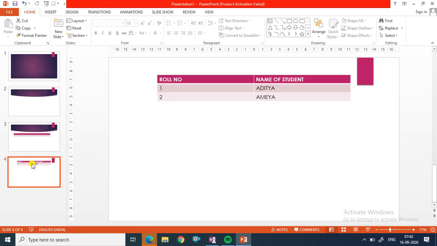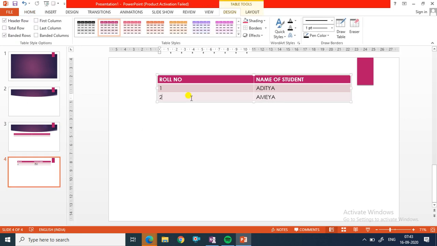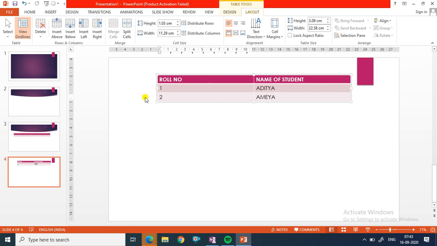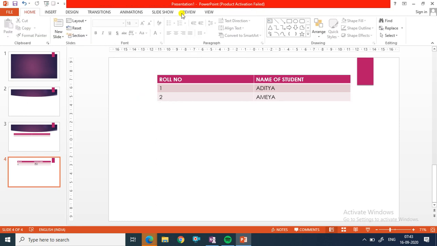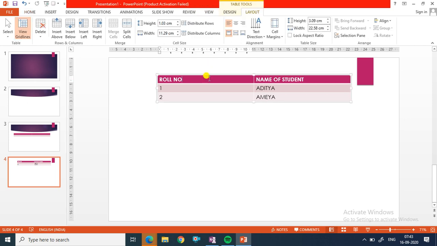Now I will show you how to modify the table structure. As soon as your table is created, you will find that design and layout tab under the title table tools are created. Okay. Now just click on layout. Fine. So by using the layout tab, we can enter the rows and column. See, enter the row above.